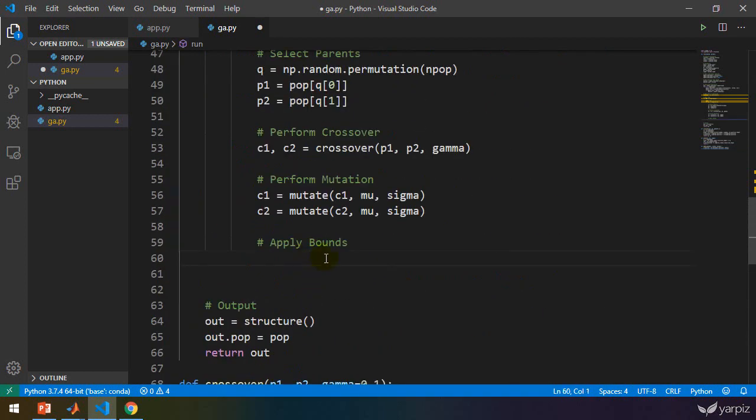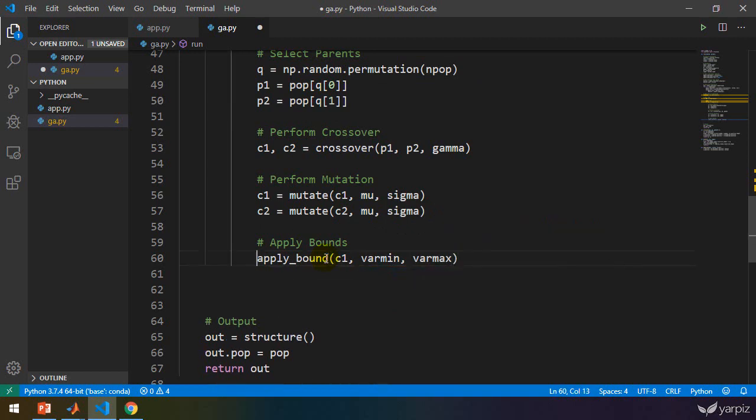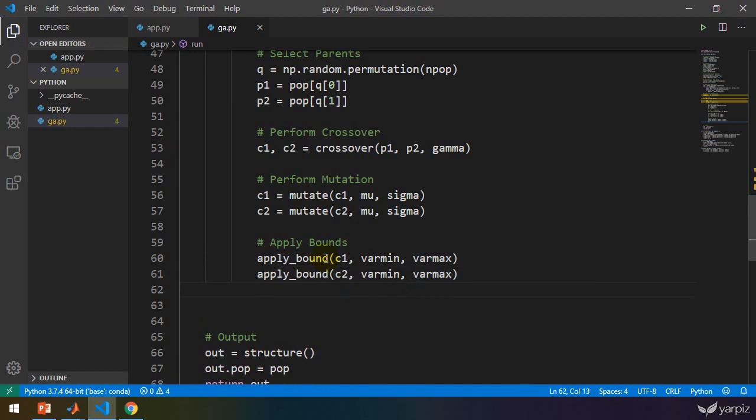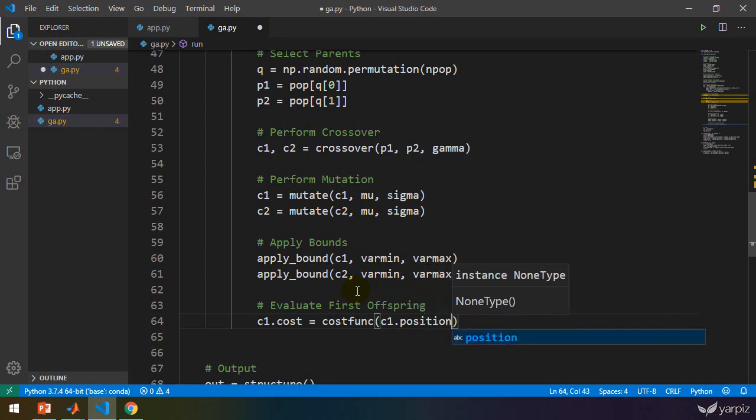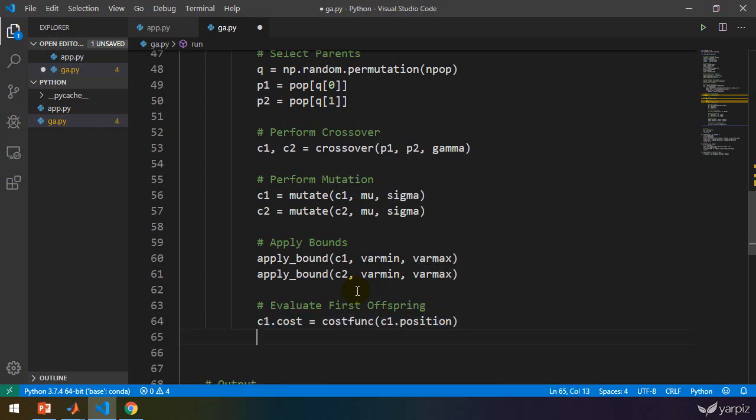I'm going to call apply_bounds here: apply_bounds on c1, the first offspring, with var min and var max. And we're going to apply this to c2 as well. And that's it. We applied the bounds, the lower bound and upper bound of the decision variables, and now we are ready to evaluate the solutions. To evaluate the solutions, I'm going to evaluate the first offspring. I'm going to set the cost of c1 equal to the cost function at c1.position, and also I'm going to compare c1.cost